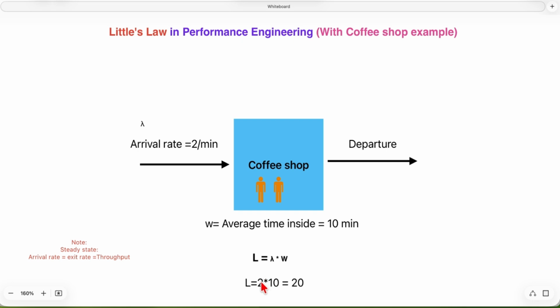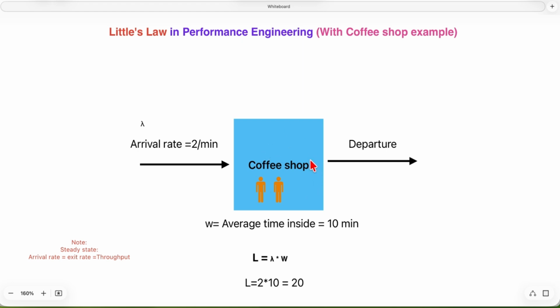Suppose the arrival rate suddenly increases to 4, then it might cause a bottleneck if the system is not able to serve more users, that is, if system capacity is already reached. Also, if customers suddenly start spending 20 minutes instead of 10, then 2 into 20, 40 customers will be piled up within the coffee shop, beyond its capacity, and that can also cause